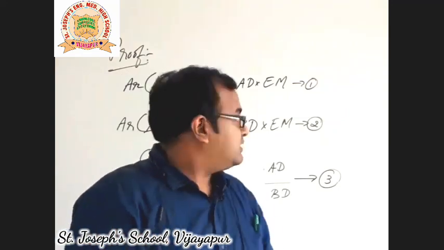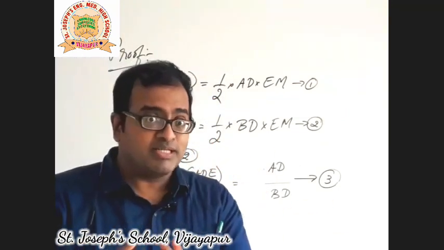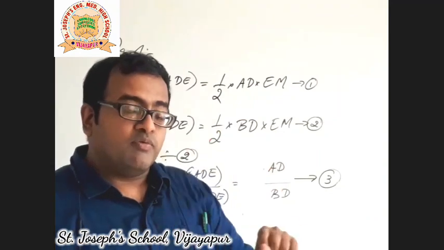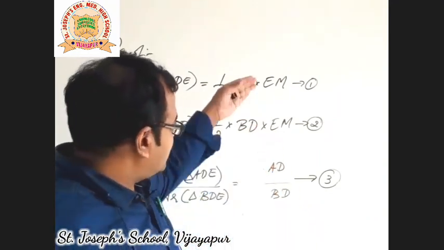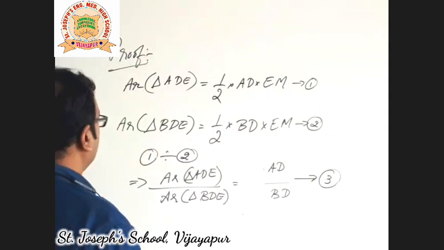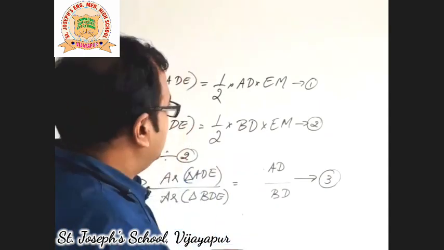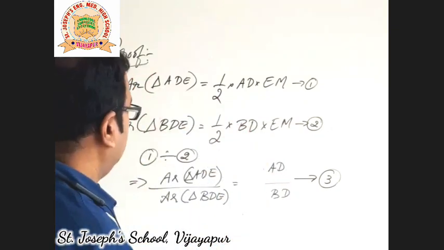Let me repeat again, the numbering of the equation is not the same as in the textbook. You will have to refer to the textbook once more when you check the numbering. This is a different numbering I am using, right? Now the same thing I am going to apply on another triangle. Let us go to the main triangle once more.